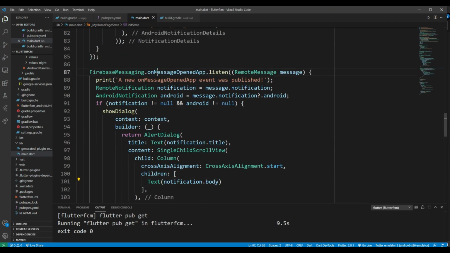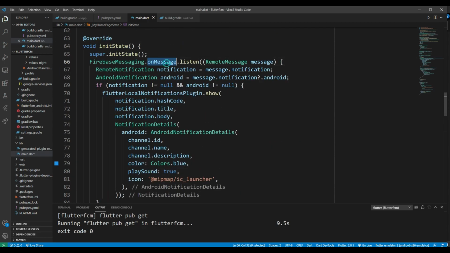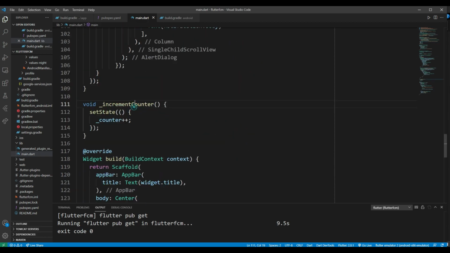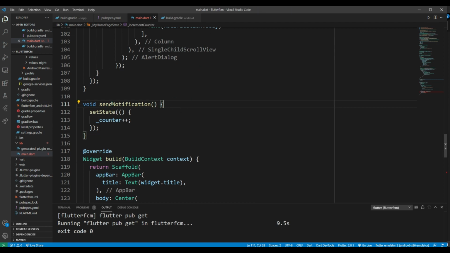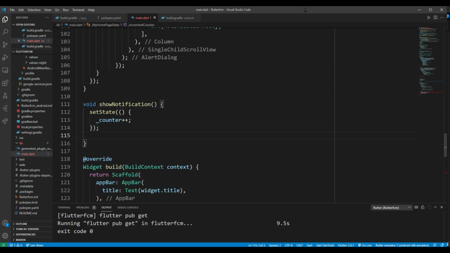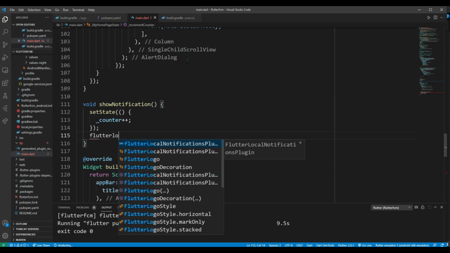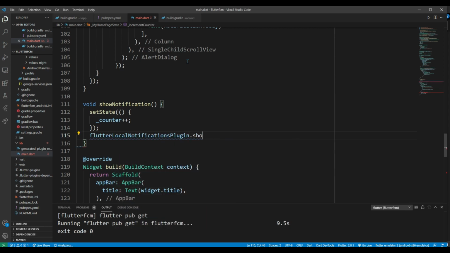Now I will show some notifications using the local notification plugin on clicking this floating action button. Let me just change the name of this function, and we will also use the value of the counter variable. We are going to name the function as showNotification. Now after setState, I will just use the Flutter local notifications plugin to show a notification when some user clicks the floating action button, and this method is called.